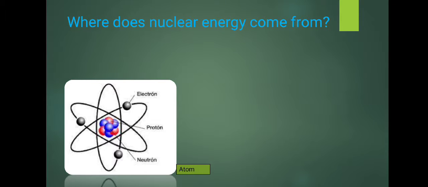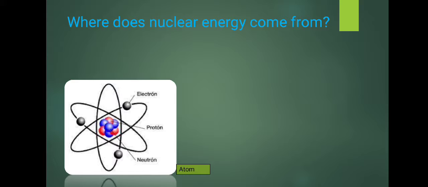Firstly, we must know what nuclear energy is and how it is obtained. Nuclear energy is a type of energy from the reaction within the nucleus of atoms. As we already know, atoms are the minimum portion of matter that make up the elements, molecules, nanoparticles, particles, and the materials. Also, we know that atoms have nuclei where neutrons and protons meet, as well as orbitals where electrons meet. But where does nuclear energy come from?